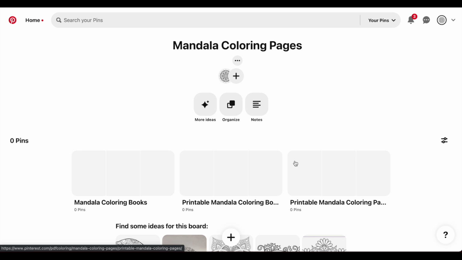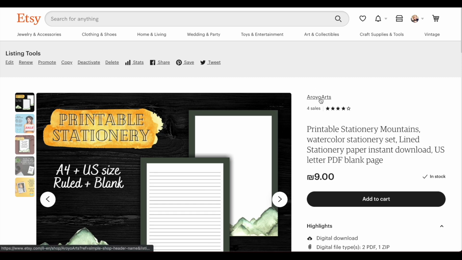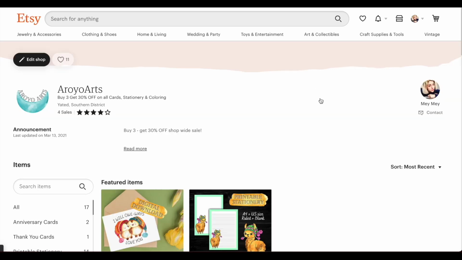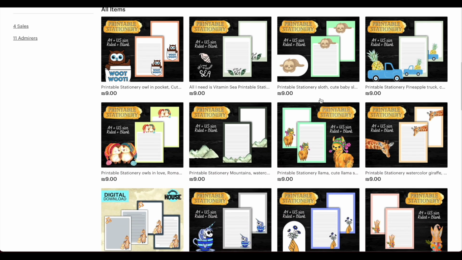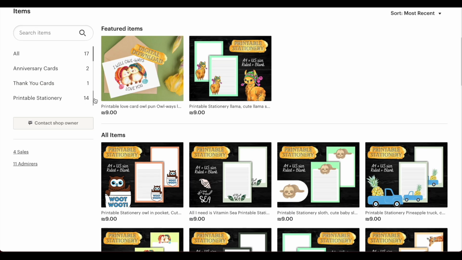And I want to take you to an Etsy shop. I started an Etsy shop and I had several things on it and I wasn't really sure what I wanted to sell. So I pretty much deleted everything, but I just brought some of the items back. I'm thinking also to combine somehow my Etsy shop with the coloring pages project, even though I'm really looking into having it done fully with WordPress and Payhip. But for now, I just brought back to the store the stationery and greeting cards that I made while making the tutorials of how to make and sell printable stationery on Etsy and how to make and sell printable greeting cards on Etsy. And I just want to show you the first step of pinning, which is directly from your